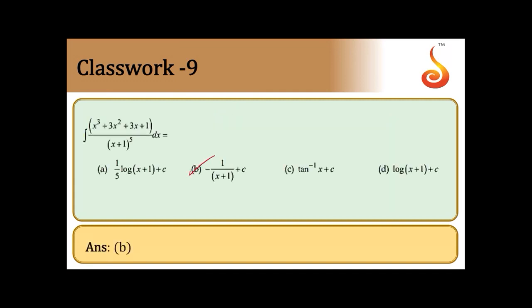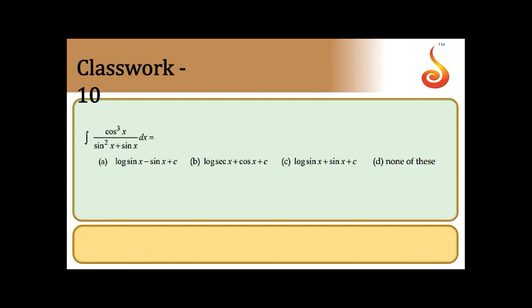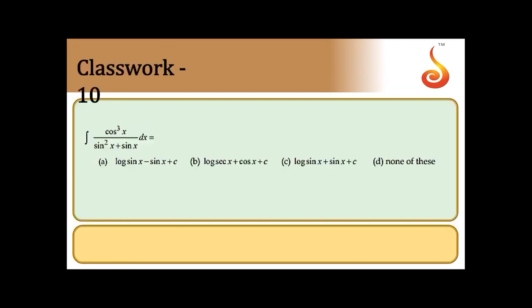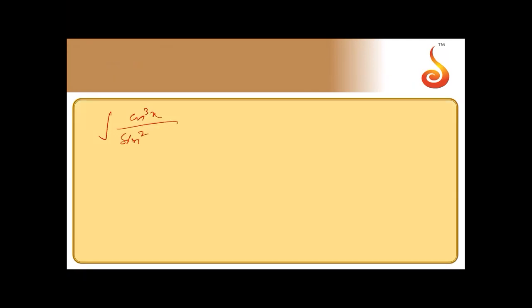Yes, of course, correct. Coming to the next one, the integral of cos cube x divided by sin square x plus sin x. I shall write this one as the integral of cos cube x divided by sin square x plus sin x. And I shall write cos square as 1 minus sin square x, which can be split into 1 minus sin x into 1 plus sin x, multiplied by cos x divided by sin x multiplied by 1 plus sin x